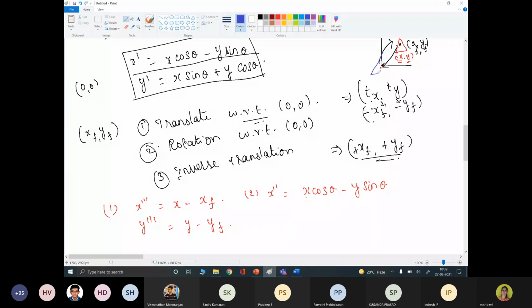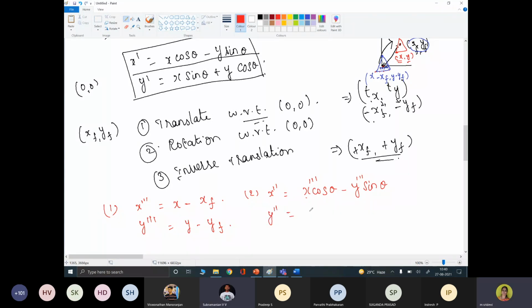Now the object is in some other position. The size of the object remains the same. The same object, this reference point is now 0, 0 and the pixel positions are x minus xf and similarly y minus yf. So this is what we represent as x triple dash. Similarly for each and every point, I'm talking about only one point, we need to convert into the corresponding location. Clear?